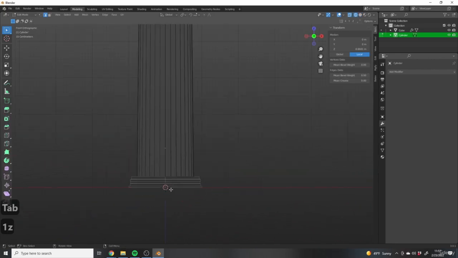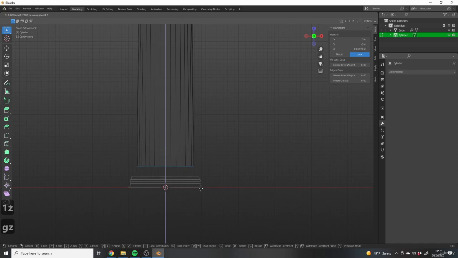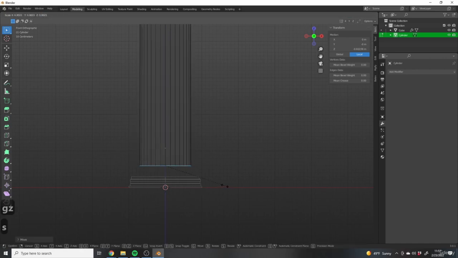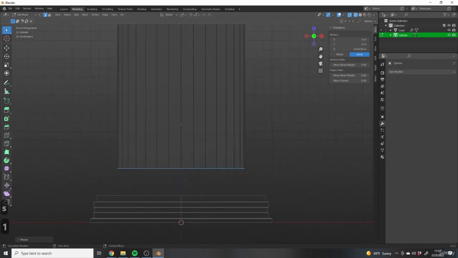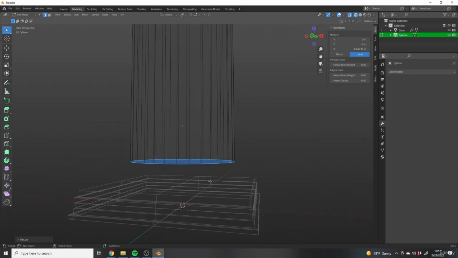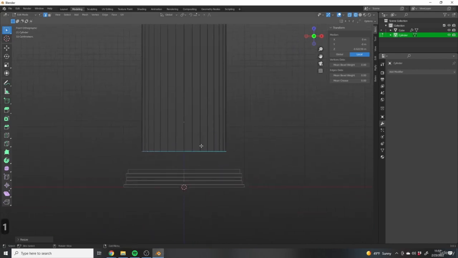I actually want to add a little bit more detail to the bottom, just so this transition isn't quite so stark, because if you're looking at reference pictures on the other screen, they do have some extrusions and things around the round part as well before you get into the main column portion. So let's just bring the bottom up a little bit